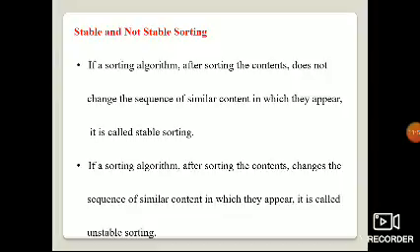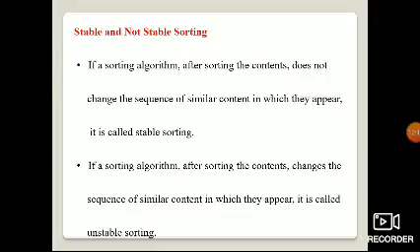If a sorting algorithm, after sorting the content, changes the sequence of similar content in which they appear, it is called unstable or non-stable sorting.